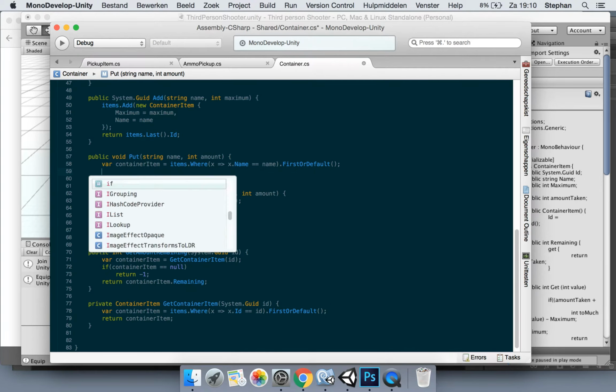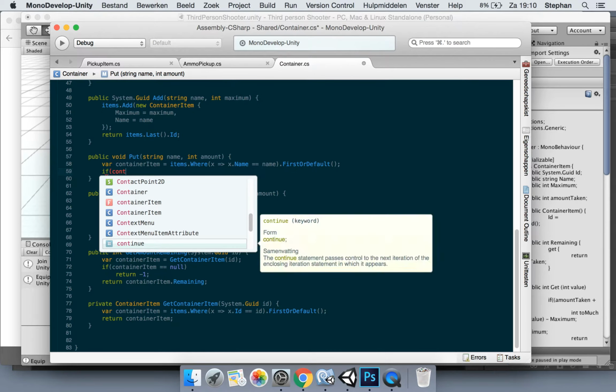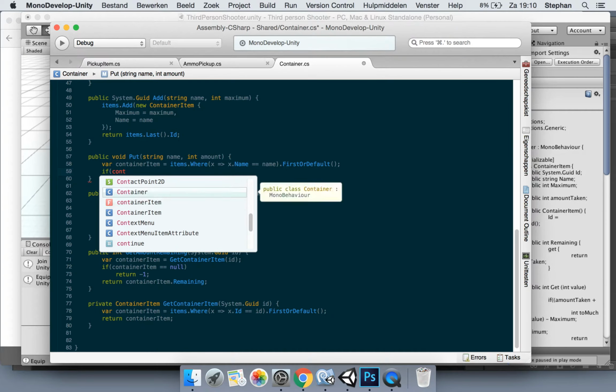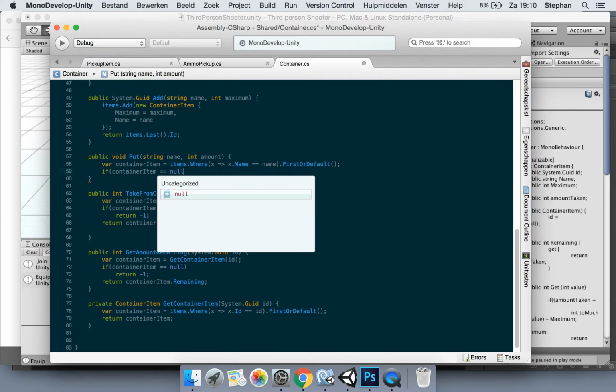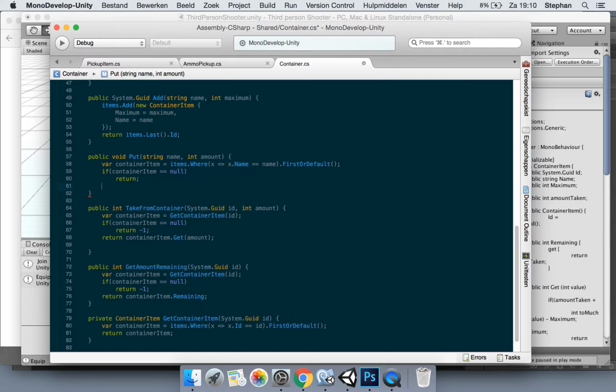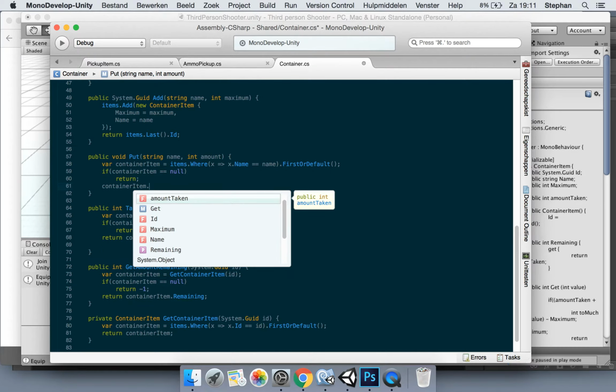If container item equals null, just return. So we don't do anything if we are picking up something which our player doesn't have or the container doesn't have. Otherwise, we will say container item and then we need to